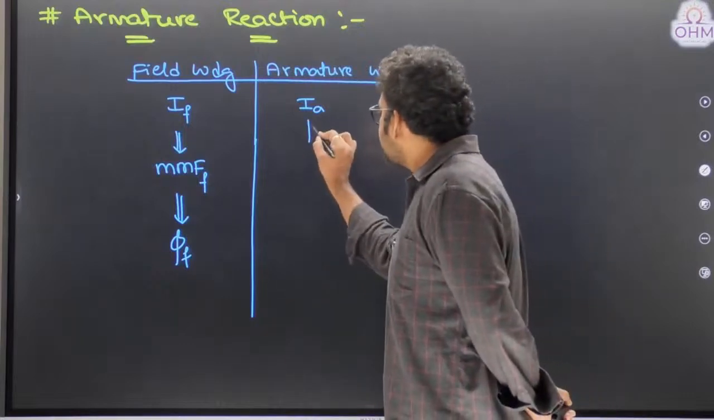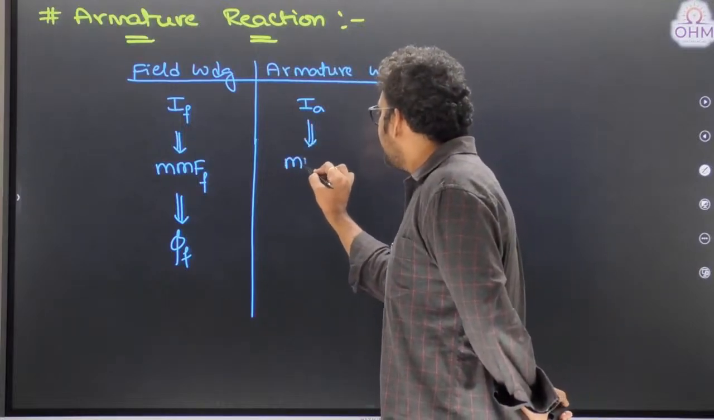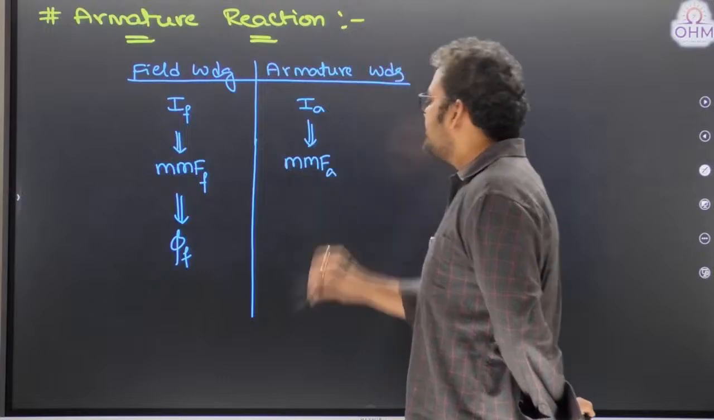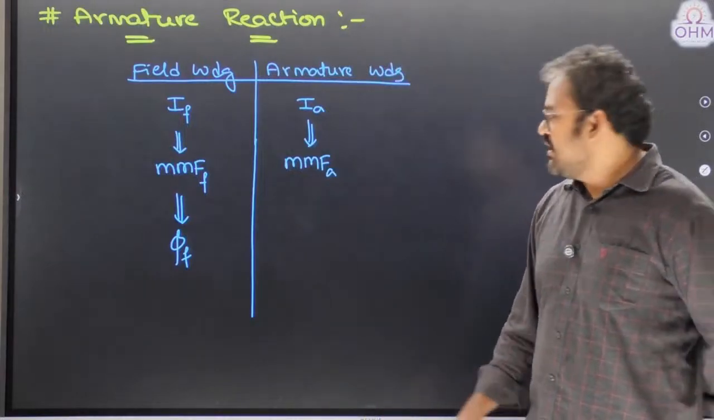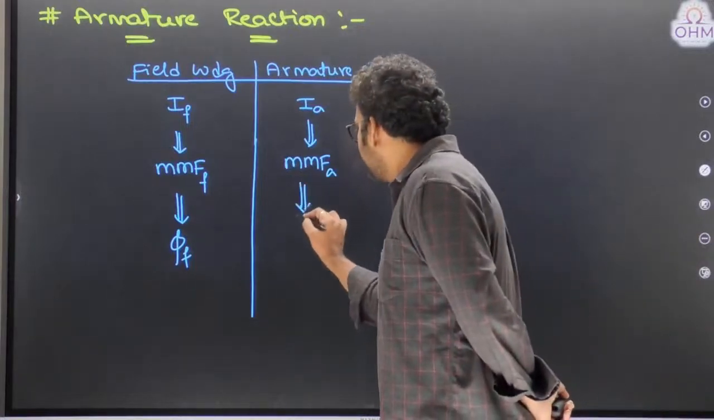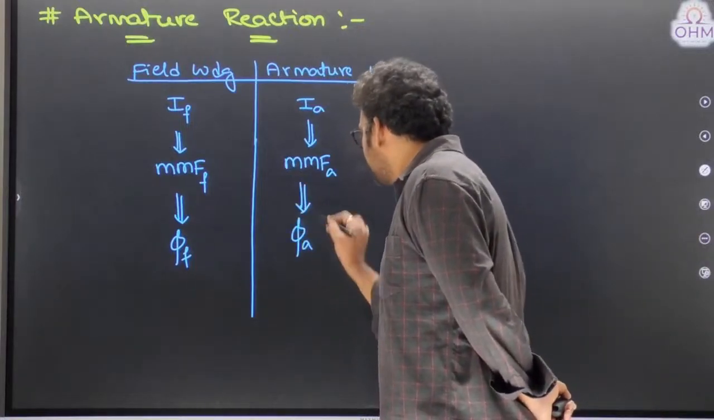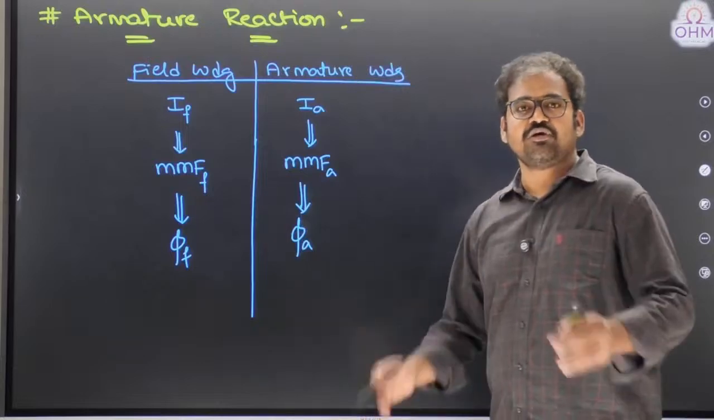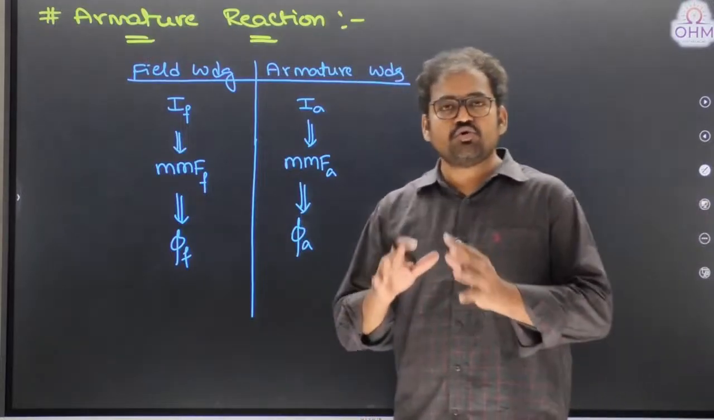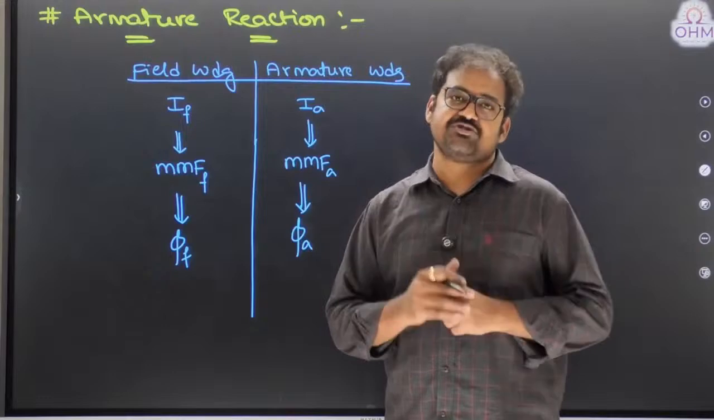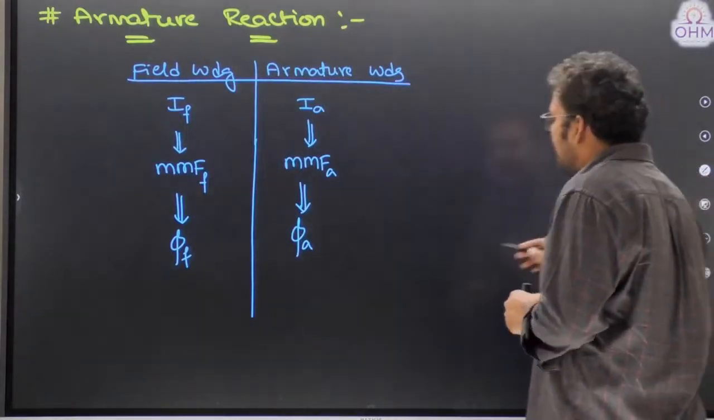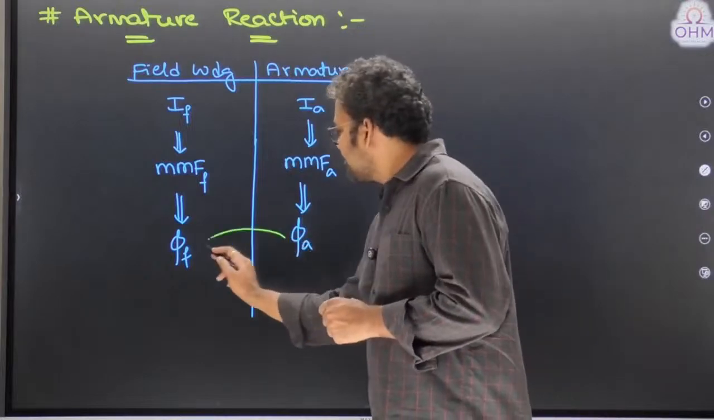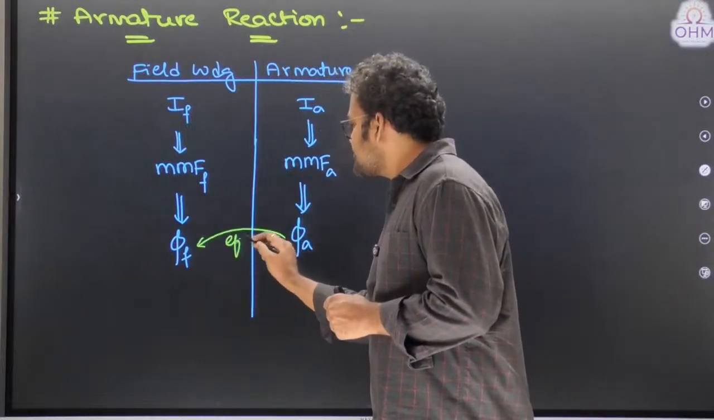So whenever current is passing through armature winding, an MMF will be created within armature winding. We call it armature MMF. And that armature MMF will create a flux known as armature flux. Therefore, you can understand there are two magnetic fields in the synchronous machine. Now the point is the effect of this armature MMF or armature flux on main field flux is what we